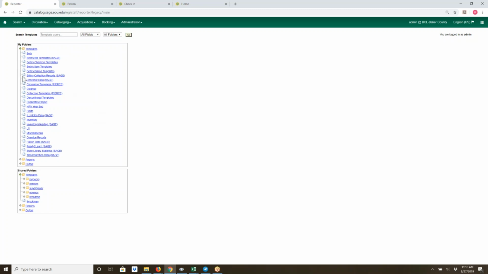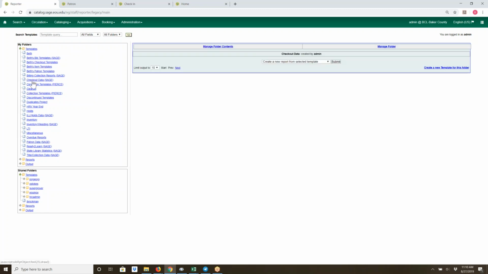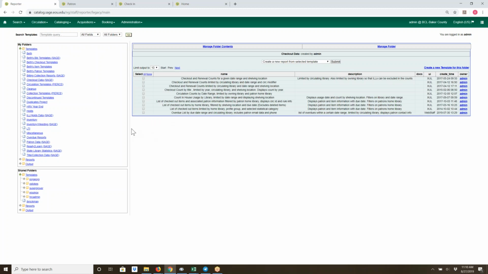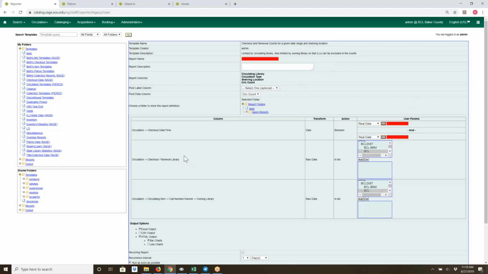But basically, I can choose report. Let's see, circulation, we could do checkout data. And basically, it's just as in the past, we select a particular report, go ahead and choose the default option, create a new report from the selected template, fill in the fields,